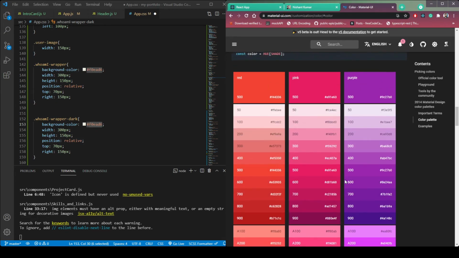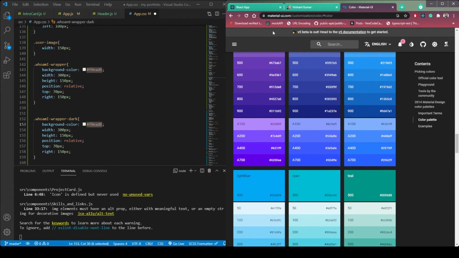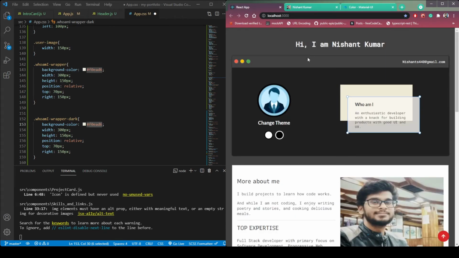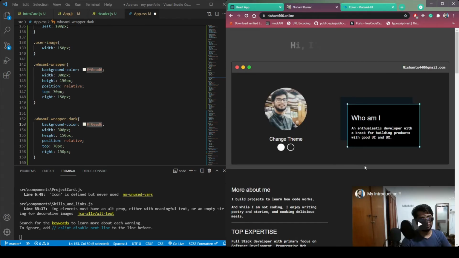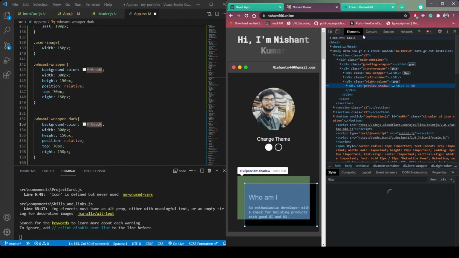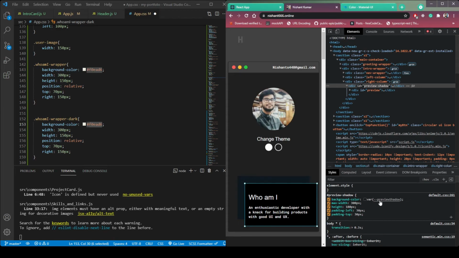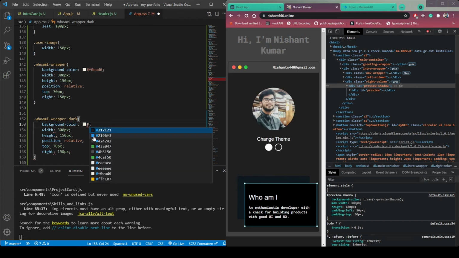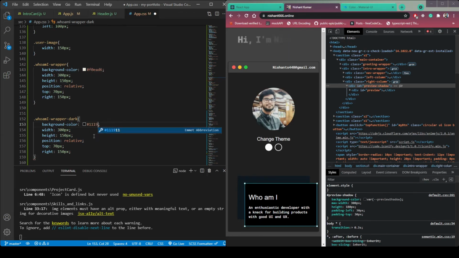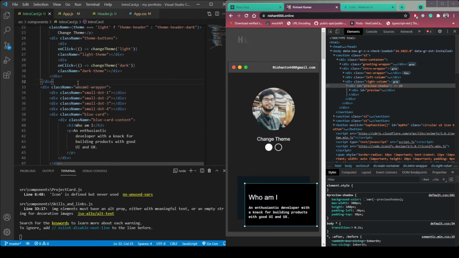It is something bluish, so let's use this. Let's check the console. So inspect this and preview shadow. It is 111921. So change it to 111921. Then here remove this class name who am I wrapper.